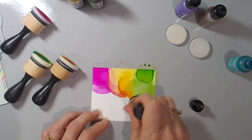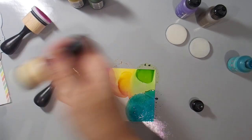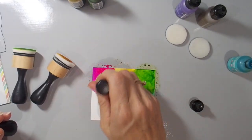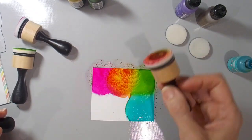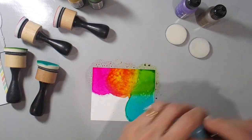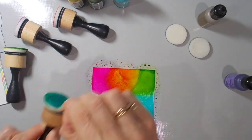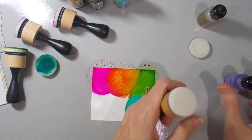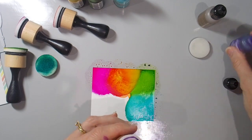I really wanted to get quite a substantial amount of colour, and I found that if I pounced the dauber on, as you're seeing me do now, or the ink blending tool, that really gave me some good colour. So I went back and did that with all of my sponges. I really wanted a good concentration of colour and not just small amounts all blended and mixed. I do run out of handles, so I have to pull off the sponges there for the last